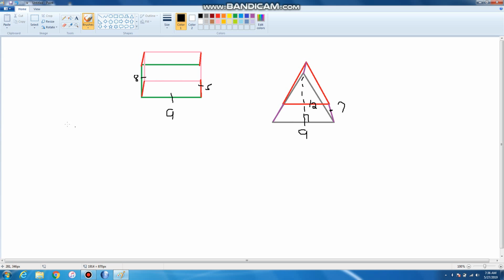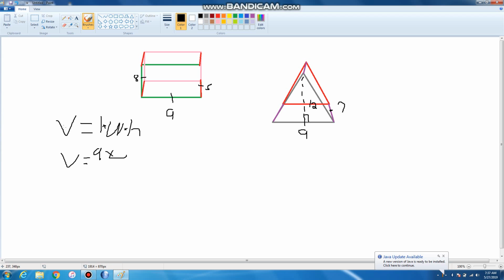So the volume for a rectangular prism is volume equals length times width times height. You could put those little times symbols if you want, but I am going to do that anyway, just for the video. And so yeah, volume equals length times width times height. So the length would be 9, the width would be 5, and the height would be 8. So you would do volume equals 9 times